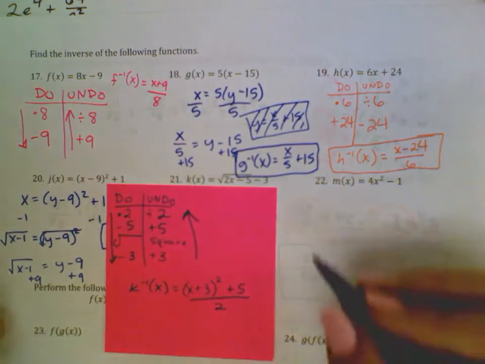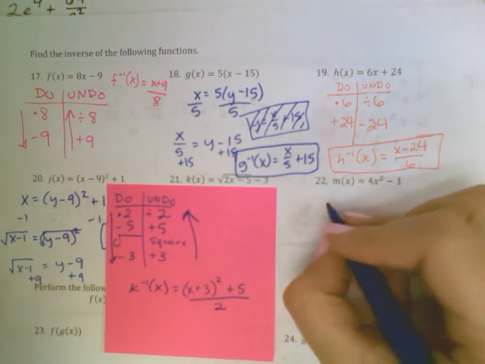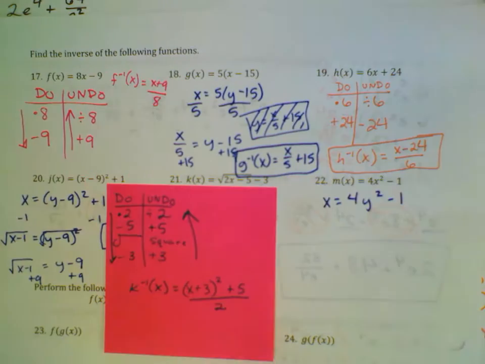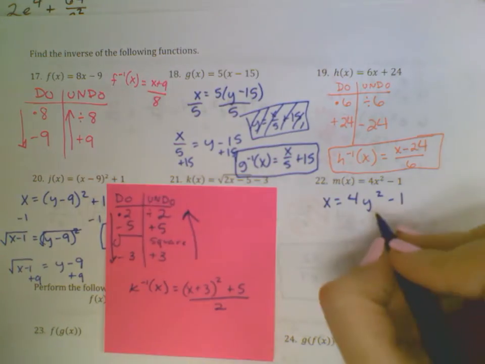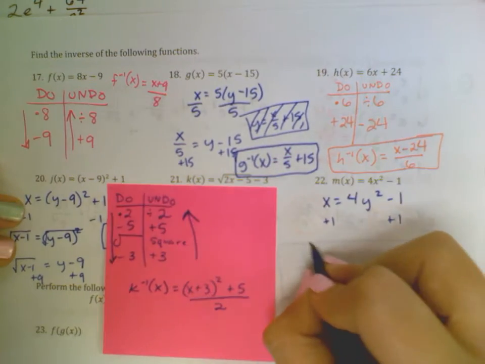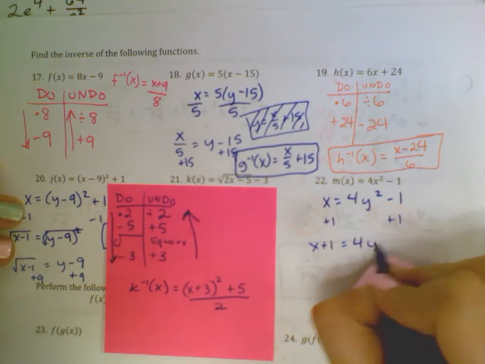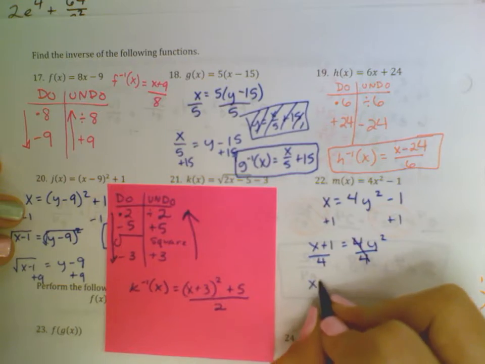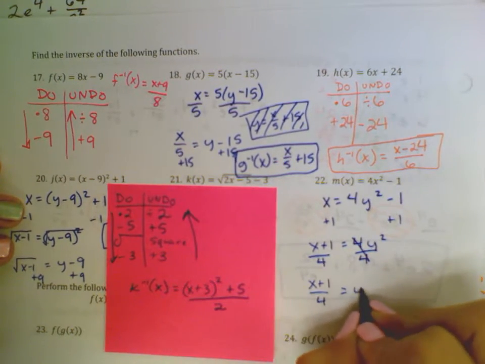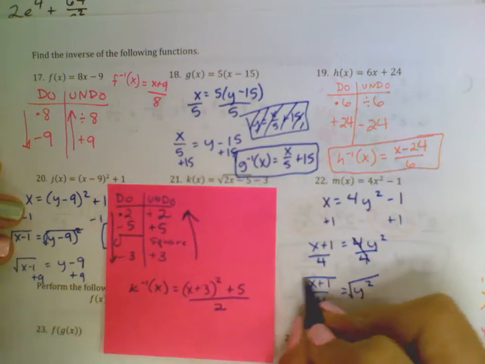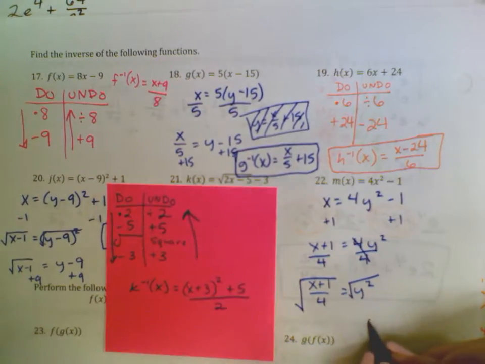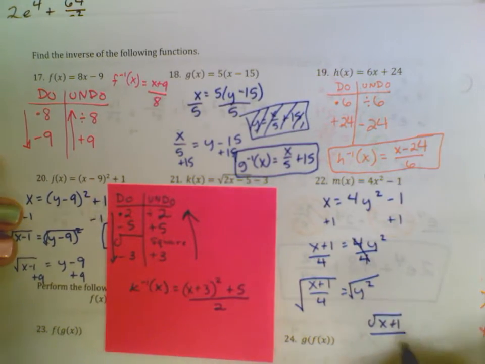And number 22, I will switch my x's and y's. So x equals 4y squared minus 1. If I'm solving for y, I'm going to first add 1 to both sides, so we get x plus 1 equals 4y squared. Then I'll divide by 4, and I'll get x plus 1 over 4 equals y squared. And I'll take the square root of both sides. When you take the square root of a fraction, it's the square root of top and the square root of the bottom. So the square root of x plus 1 over the square root of 4, which is 2, is equal to,